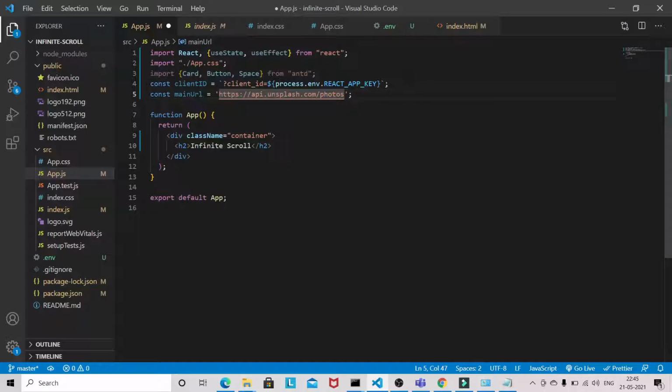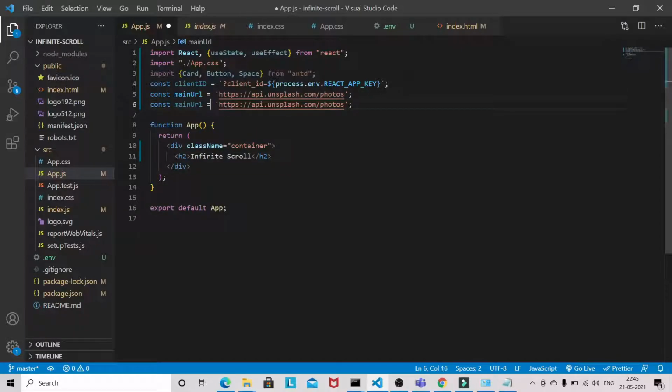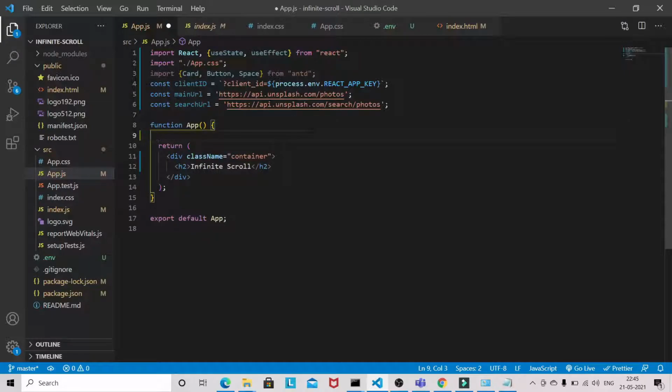And there will be one more URL for searching, so for searching also we will have a separate URL. Now we have to define some state.